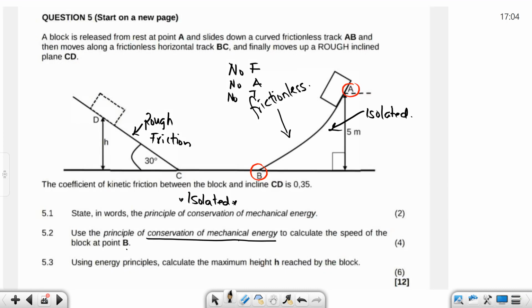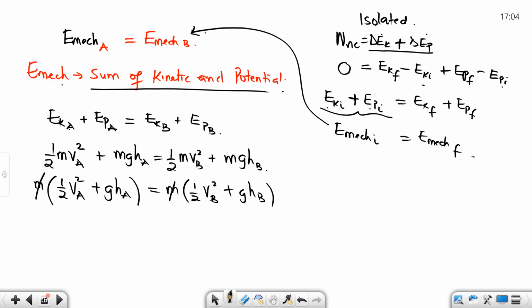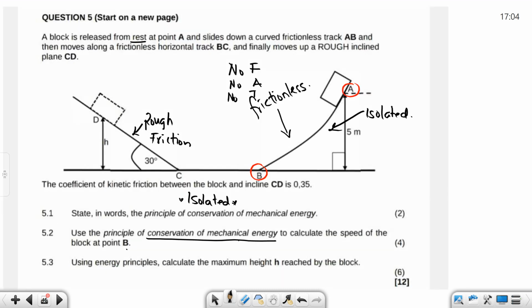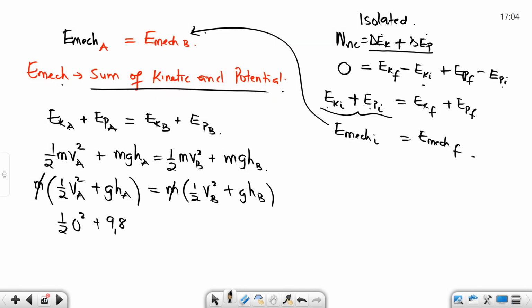Let's go back. Object started at A, and it started from rest. What's the velocity at A? 0. Okay, let's work together. Half times 0 squared plus 9.8 times the height at A. Check the diagram. It's 5. That's why I'm using letters for us to be able to see. Times 5 equals 1 over 2 times VB squared, which is what we are looking for, plus